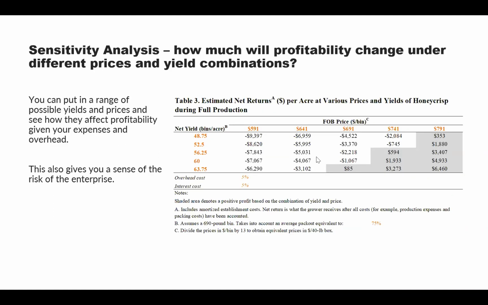So I'm going to actually go to the Washington State enterprise budget. Does anybody have any questions so far? I'm going to pull it up so you can get a sense of what you get if you download an enterprise budget from one of the universities. Some are more detailed than others, but you can modify them to use that information with your farm's data to do these types of analyses and assessments of your farm business. While I pull that up, if anybody has any questions, feel free to type them in the chat box.